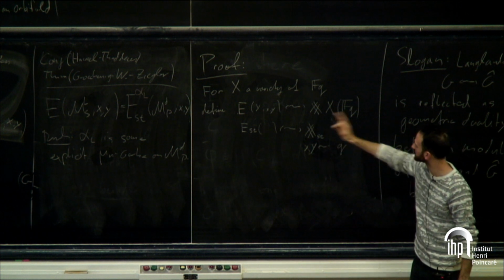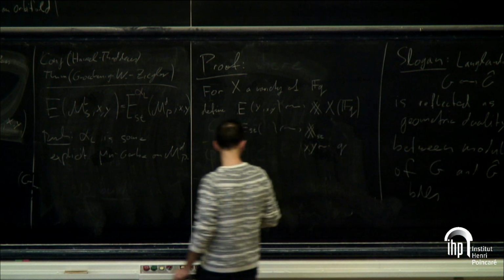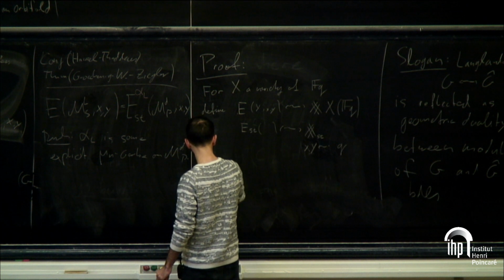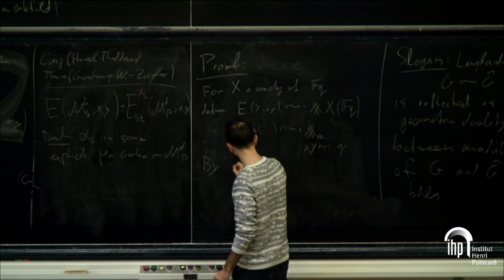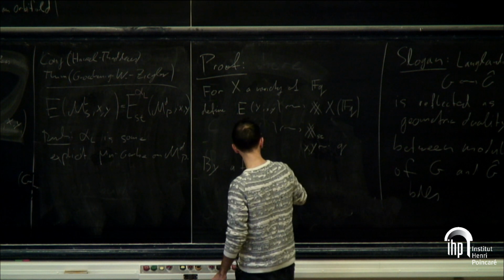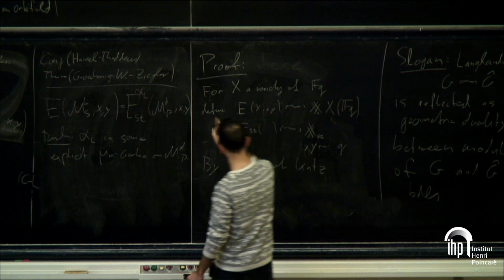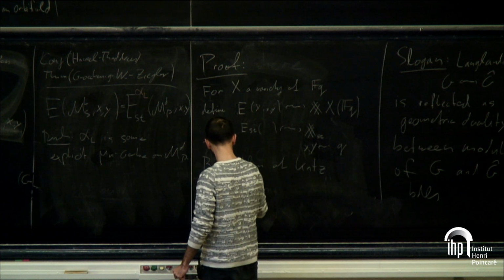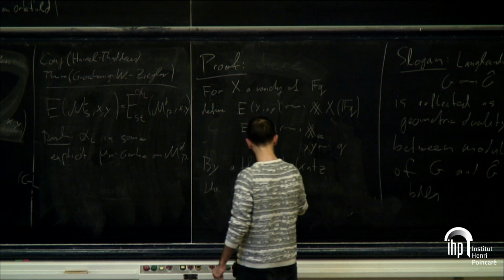Okay, so just replace everything. You get these two notions. And now you want to go from one to the other. And this you can. So by a theorem of Katz, the conjecture follows